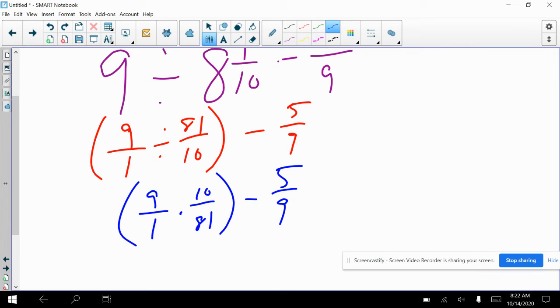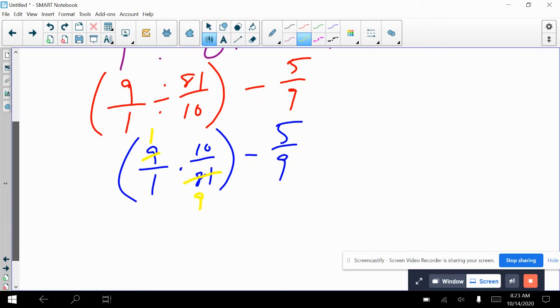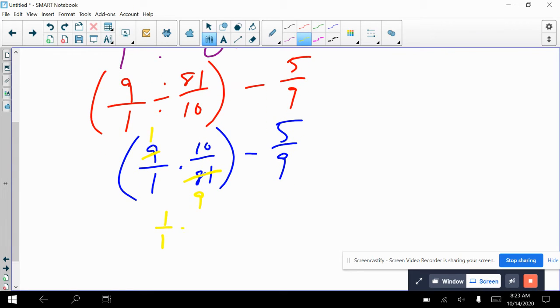Okay, so we applied the reciprocal of 81/10. We got 10/81. What do we look to do here? Yell it out. Cross reduce. This is where you got to know your facts. 9 goes into 9 one time. How many 9s go into 81? Very good. You know your facts. 1/1 times 10/9